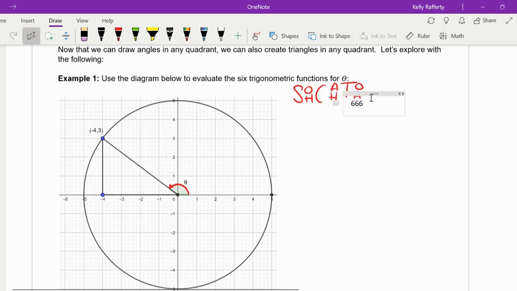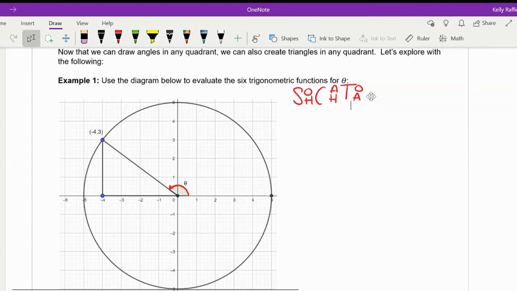So there's theta right there, our angle. And no longer do we have an acute angle inside of our triangle anymore. Now theta is outside of our triangle, and it just tells us where the hypotenuse is. So now the angle just essentially puts our triangle in a quadrant. So we have this point up here, and we're going to use that to help us get the sides of